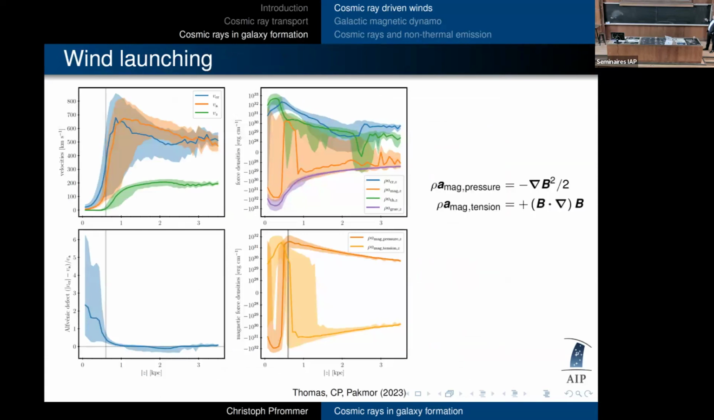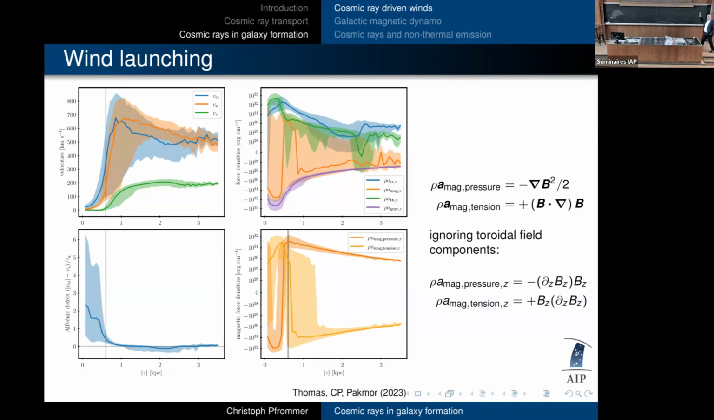So coming back, this is the magnetic pressure, minus grad B squared. The magnetic tension is B dot grad acting on B. If you then simplify this for a vertical magnetic field, ignoring the toroidal field components, you have basically minus dz Bz Bz and a plus Bz dz Bz. And that means it cancels by a factor of 30. Okay, so that's why magnetic pressure is irrelevant, because of the magnetic tension force that exactly cancels this for vertical